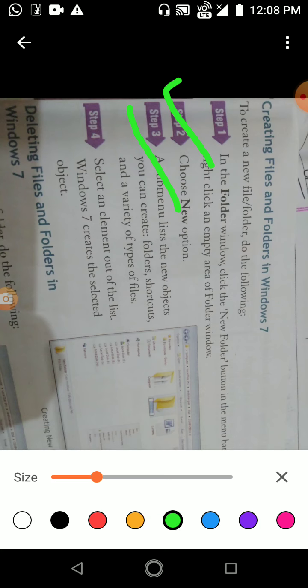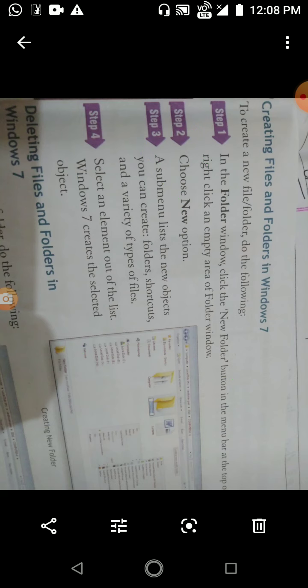There is another option to create a file or folder. Simply right click and you will get the menu option, like you can see here on the screen. If you right click there, you will get a list of options. Just select the option for creating a new file or folder. It will look like you are seeing in the picture. Simply click on that, give the name and then press enter. So that is a simple method to create a file or folder in Windows 7.